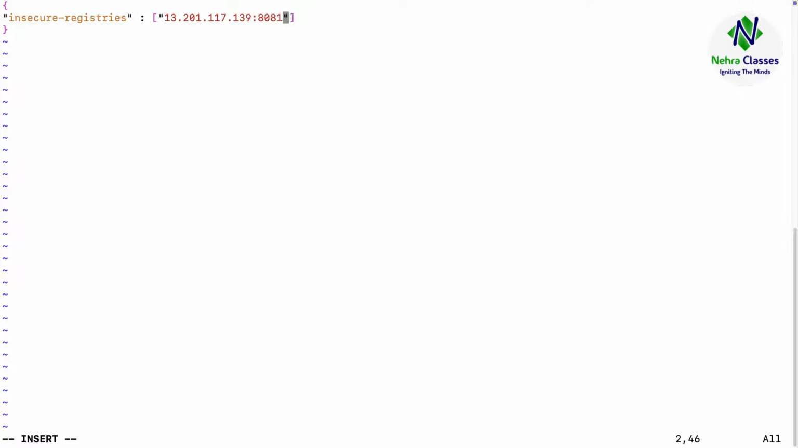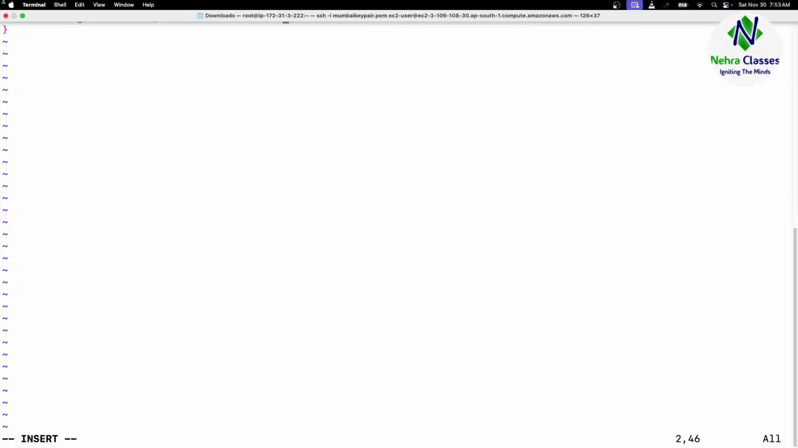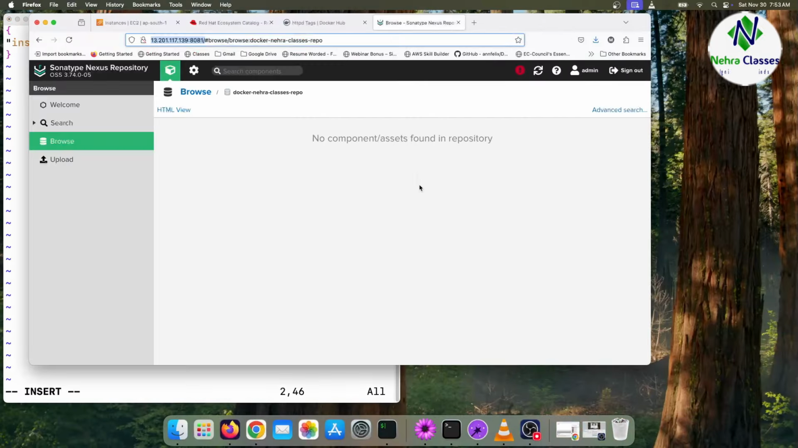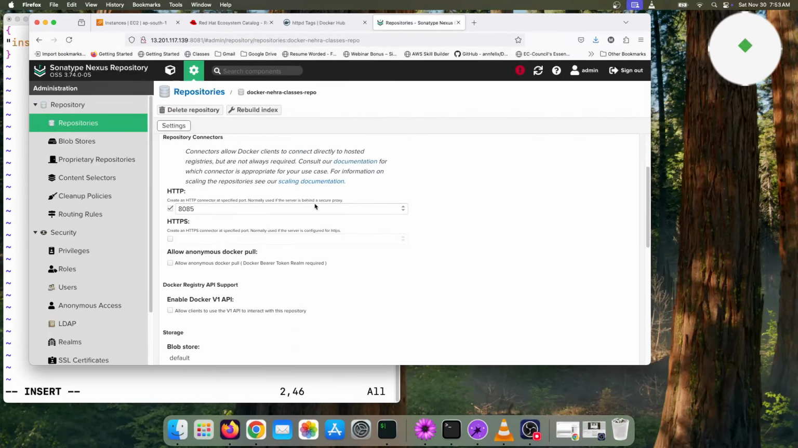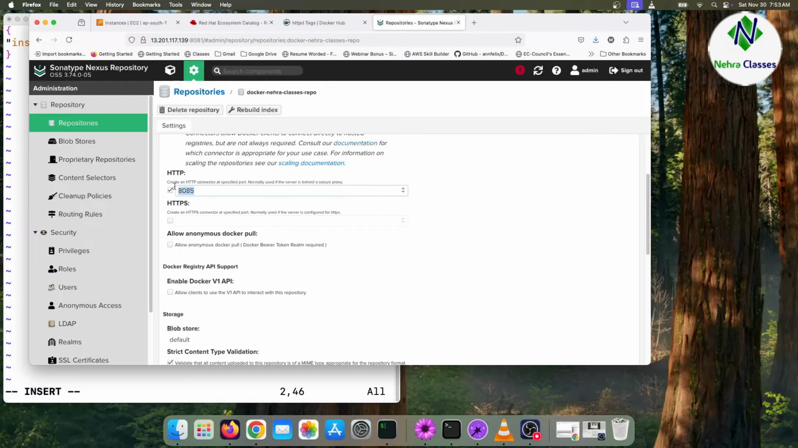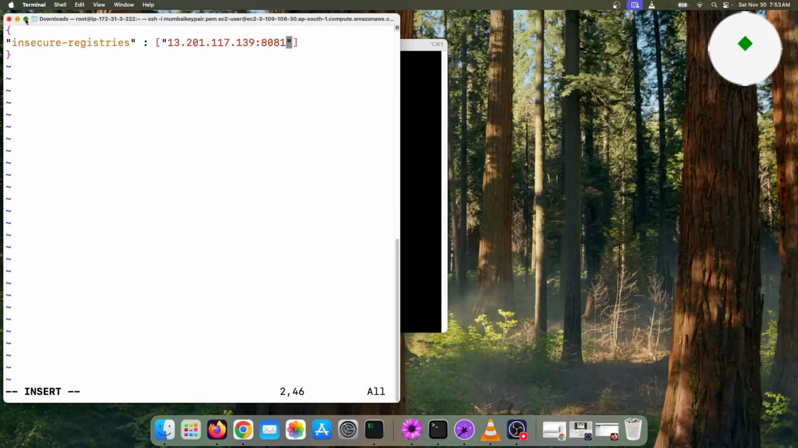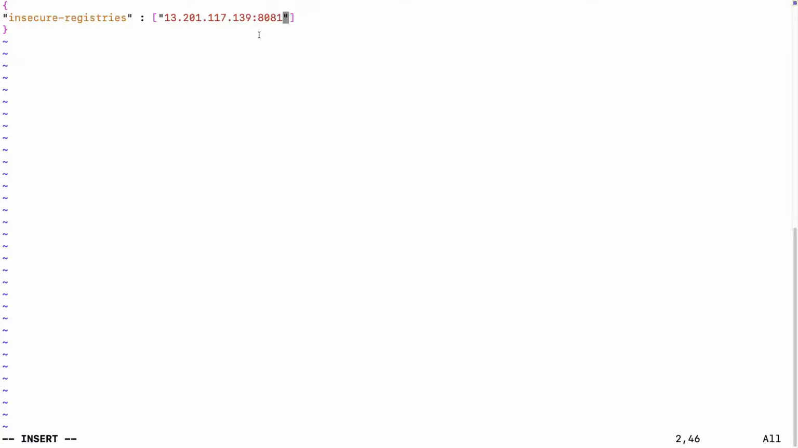So once I'll show you if you have forgotten. If I go to the settings button and repositories, Docker Nehra Classes repo, see this one, this part. So give the same port, whatever the port you gave here. So let me save it,